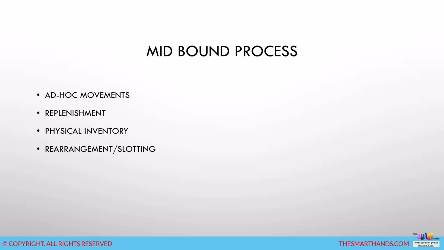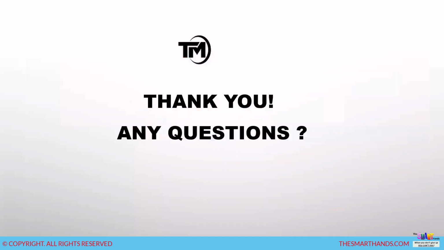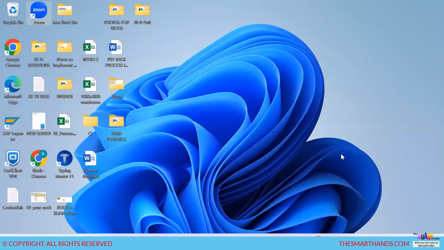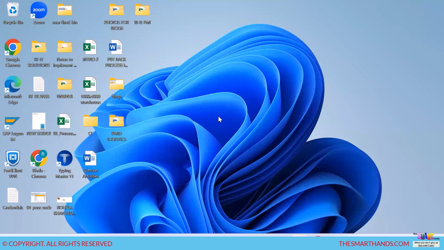Midbound, as I said, includes ad hoc movements, replenishment, physical inventory, rearrangement, and slotting. So these are the things. Now today I'm going to configure the company code, plant, and storage locations. As we had discussed,